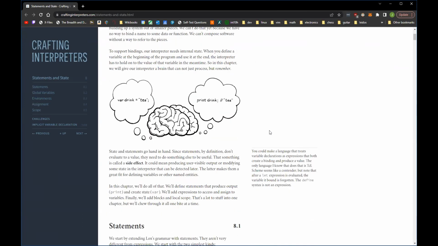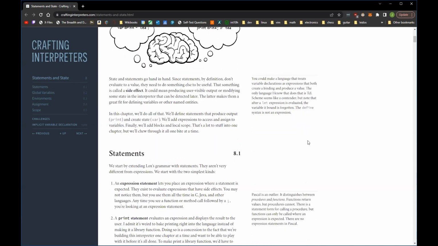So the author defines a statement as something that modifies the state of the program. And basically what I gathered is that statements don't produce values themselves, but they are composed of expressions.